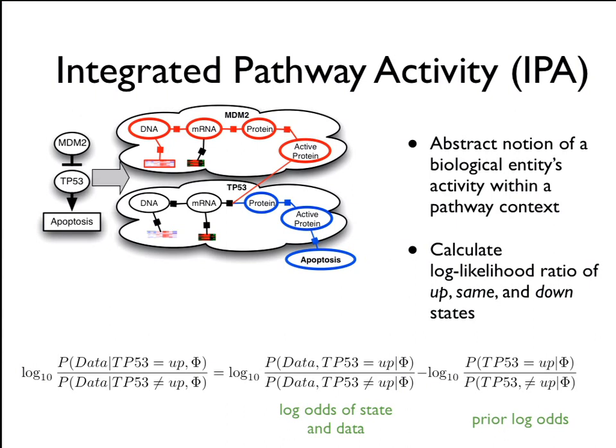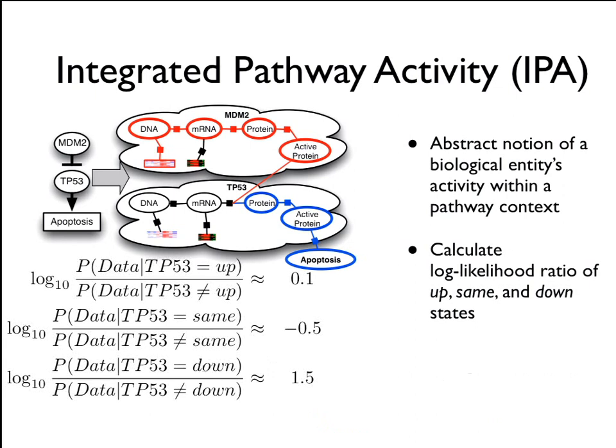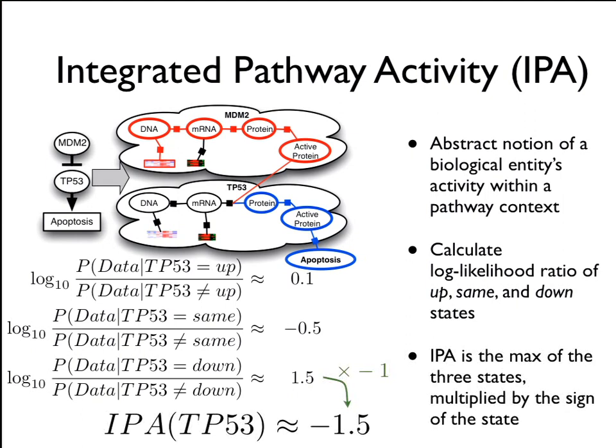Up, down, and normal tissue, and we calculate basically the log odds minus the prior. For the different states, we get a few numbers, and then a single number, just the maximum, and then multiplying it by the size is the largest log ratio. We have one single number that says that